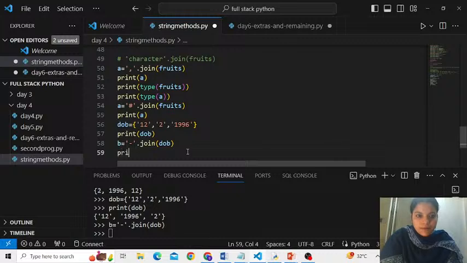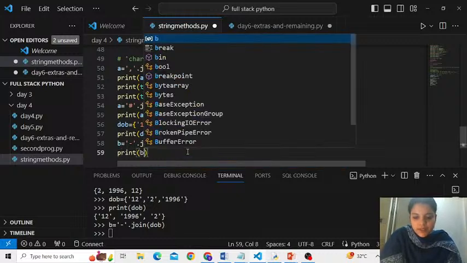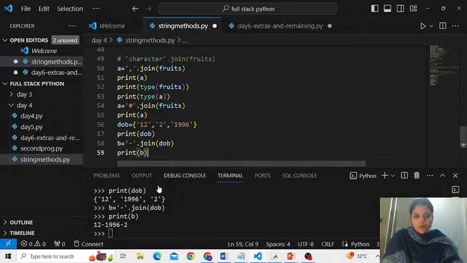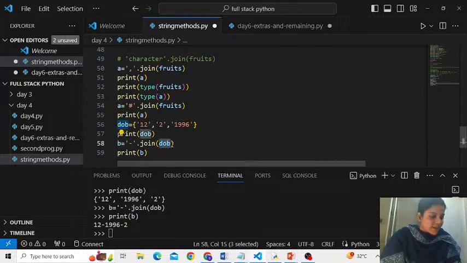Print DOB. Okay, print B. Hoping you are understanding. Alright, this is how I did it. With hyphen I joined all the elements of DOB.